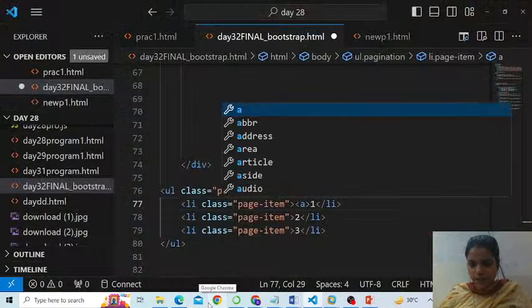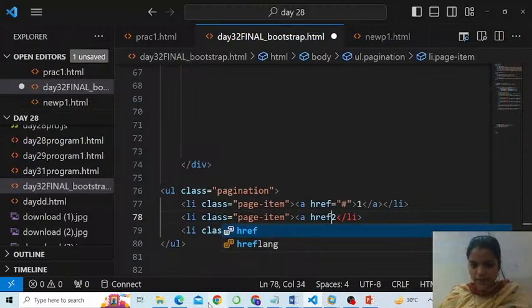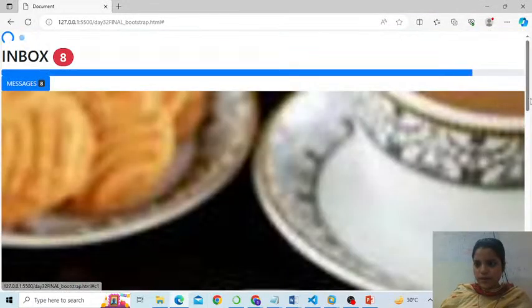We just write a, say href is equal to self, and anchor closes. So similarly a href is equal to link to self, and anchor closes. A href is equal to hash in self link and anchor closes. So if you could see now, these are actually looking like links, correct? So if I click 1, if I click 2,